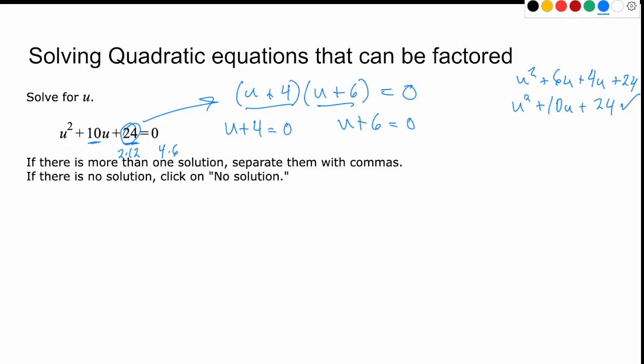It becomes solving a linear equation, minus 4, minus 4. So that gives us that u equals negative 4. Oops. Minus 6. And again, we do it to both sides. u equals negative 6. There's our two solutions. Separate them with commas. When you get into ALEKS, sometimes they'll want you to separate them as just negative 4, comma, negative 6. Sometimes you just look at the context of what they're asking. They may want u equals, or they may provide that, but just work with the system on how to go through that.